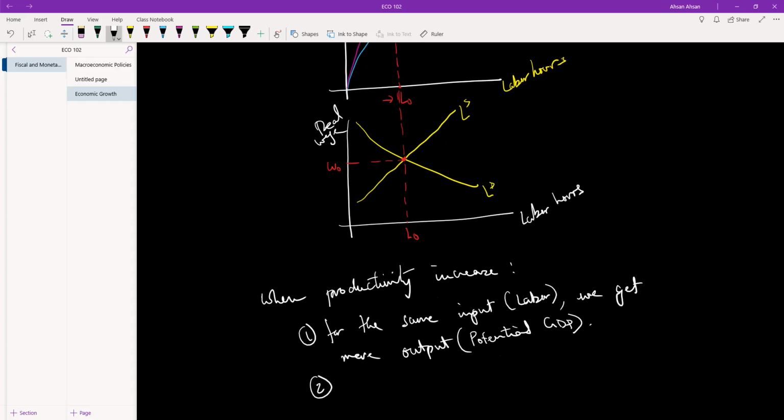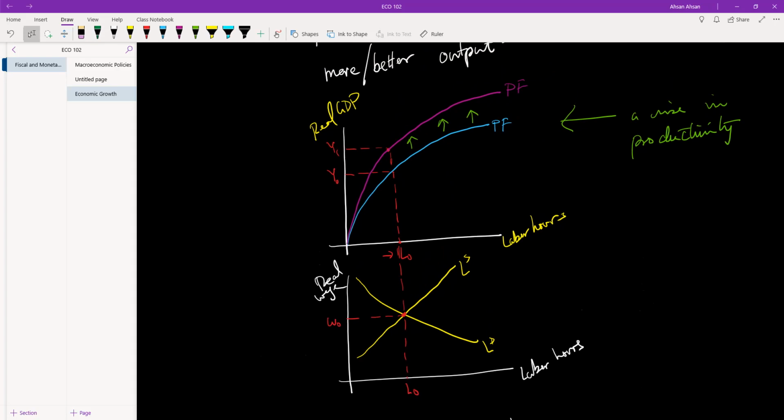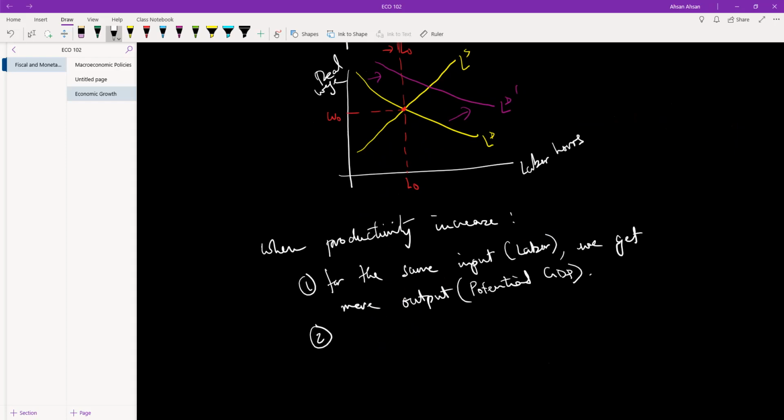But another thing is going to happen, okay? Think of the employers, the people who give jobs. These are different companies, different factories, and so on and so forth. What they have noticed is that the quality of workers in the country has gone up, be it through education or training or technology or capital augmentation, whatever. The quality of workers has gone up. What will they do? What will you do if you were running a business and you were hiring workers for a certain wage rate, and then you notice that suddenly workers are better? You would want to hire more of them because these are better workers. Labor demand would increase. Labor demand shifts to the right. This is the second thing that happens, is that labor demand